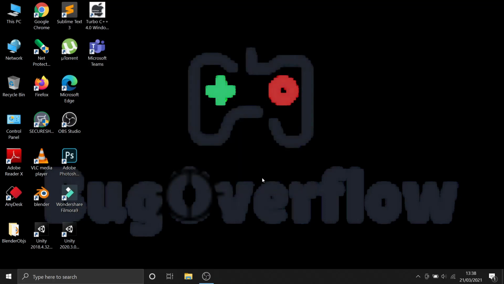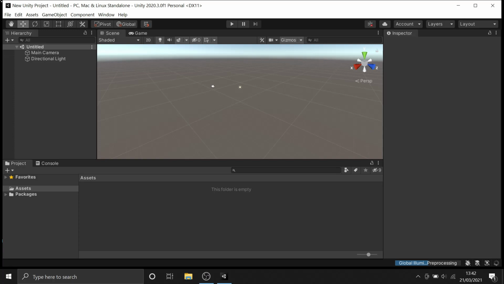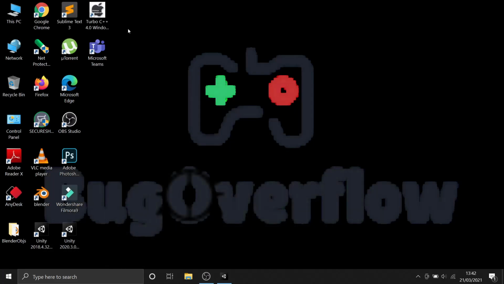I just let it remain default as it is. One eternity later. So guys, as you can see, my Unity project is now on the screen. You can see my Unity project has been opened. Let's just minimize this screen, and now we need to install the Vuforia engine package on this Unity project.